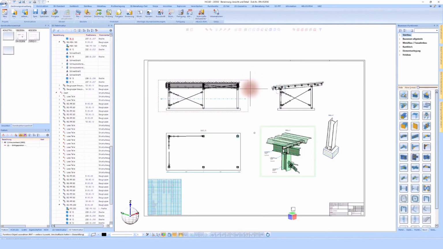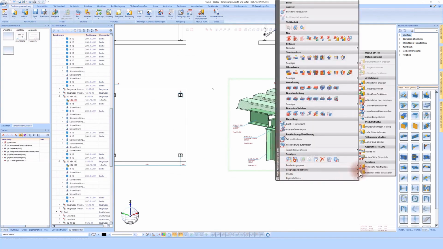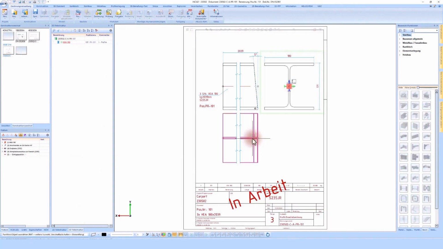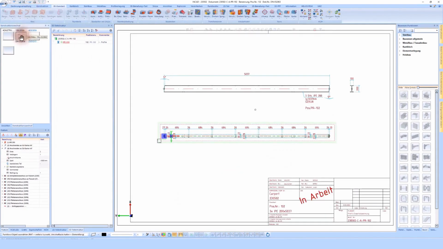The next step that I would like to show a bit here is that when I go ahead and say certain parts are finished, I naturally have the option to check via the workshop drawing whether this workshop drawing is correct for this support, and can also, for example, say that this support would be released. Now, with this release, all the necessary production relevant data is generated for me, and HiCAD has also locked this part for me, which is of course very important for further processing, since this part is now